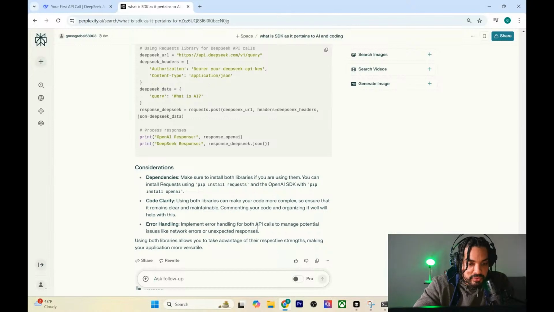Using both libraries can make your code more complex, so ensure that it remains clear and maintainable. Commenting your code and organizing it well help with this. Error handling: implement error handling for both API calls to manage